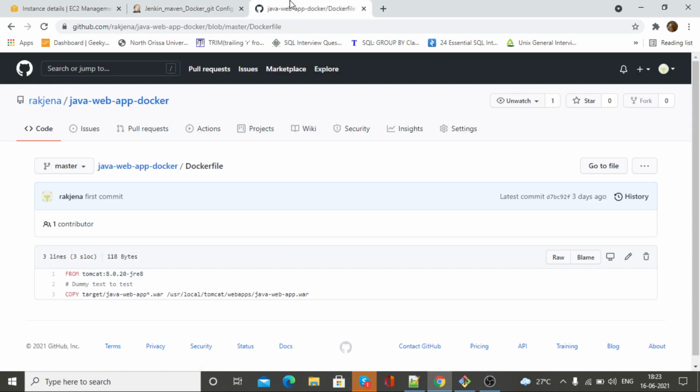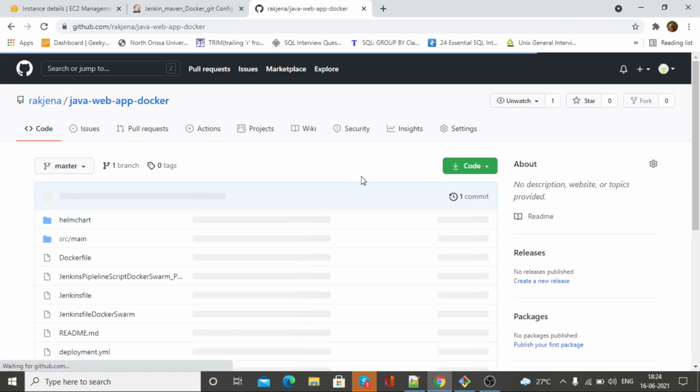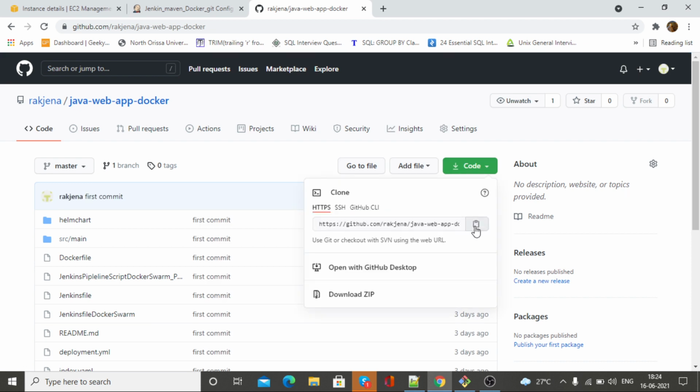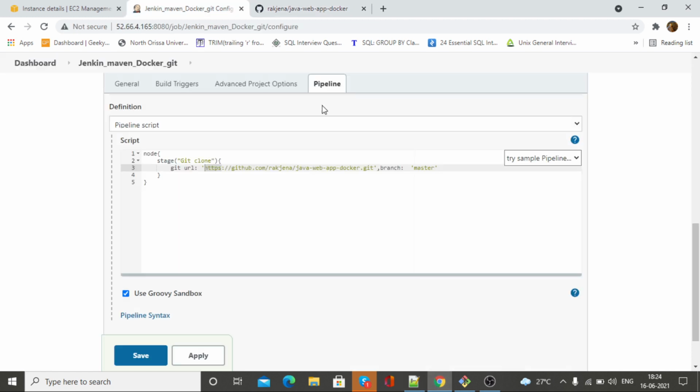Let me take you to this path. Okay, so if you go here, this is the URL. Okay, from here you have to copy the URL, and you have to put it here. I have already copied it, so no need to put it.